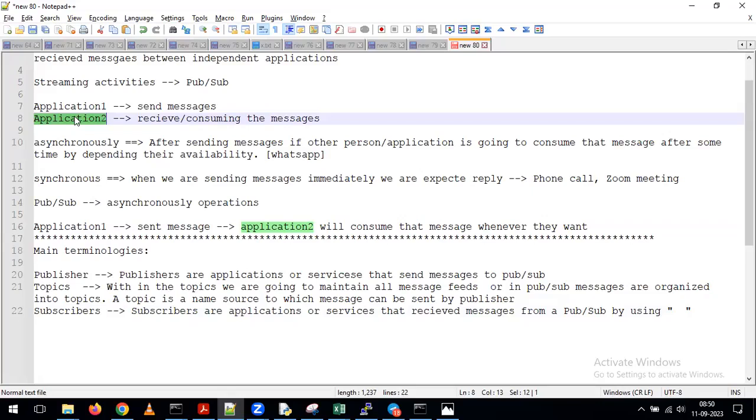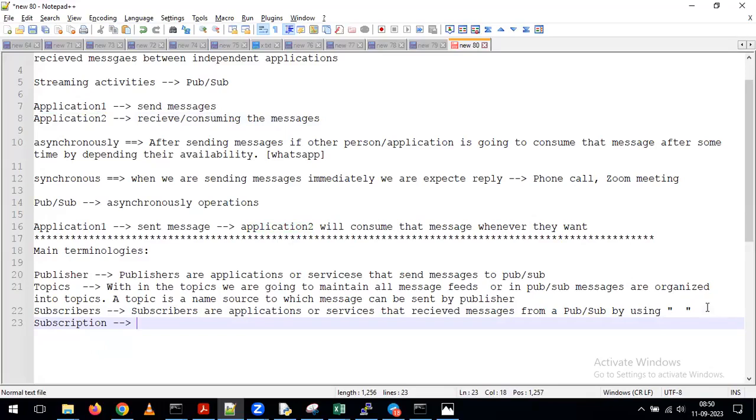Subscriber is nothing but whomever is going to receive the messages or consume the messages, and those people we can simply call a subscriber. But a subscriber cannot directly talk with the topic. To maintain the communication between the subscribers and topics, we need one more thing called a subscription, one more terminology we are going to use. So subscription is nothing but